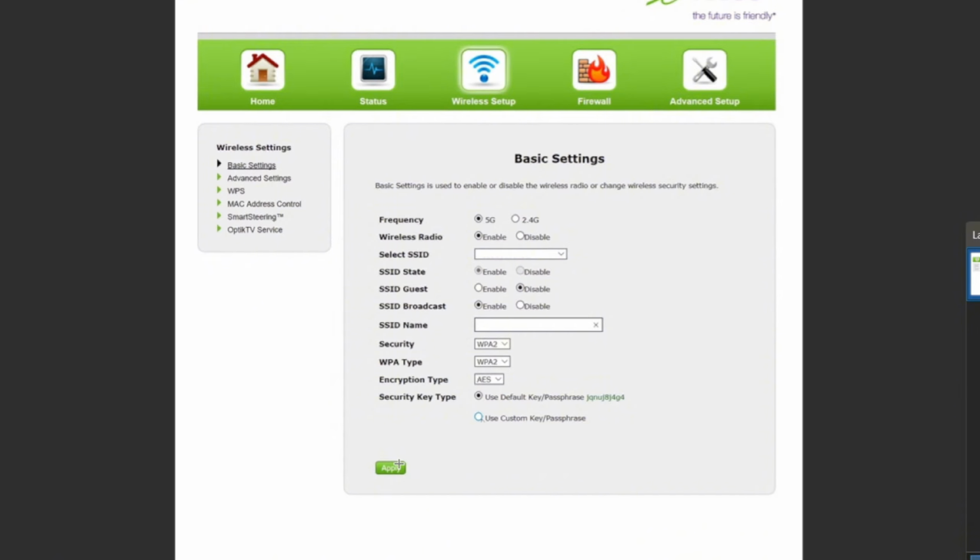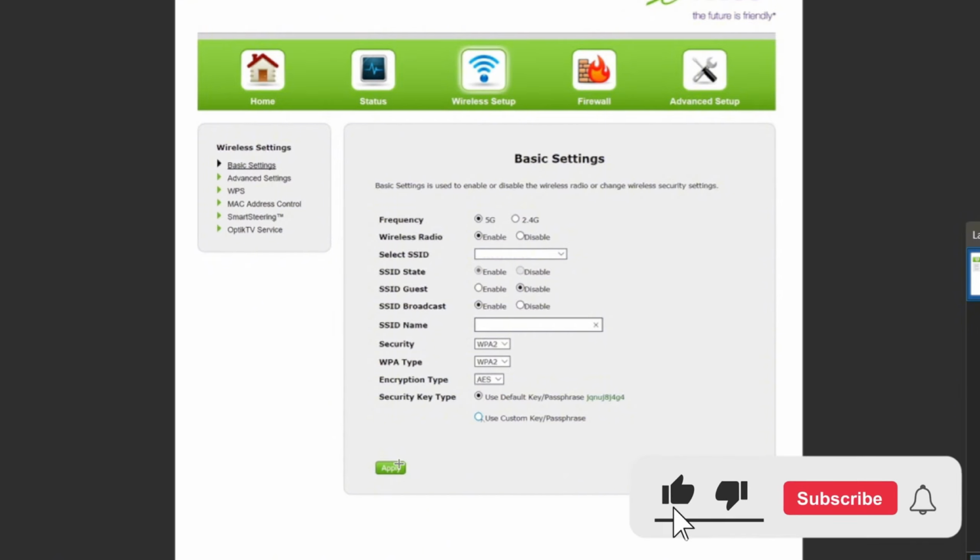You can then save the settings, wait for your router to restart, reconnect your devices, but that is pretty much